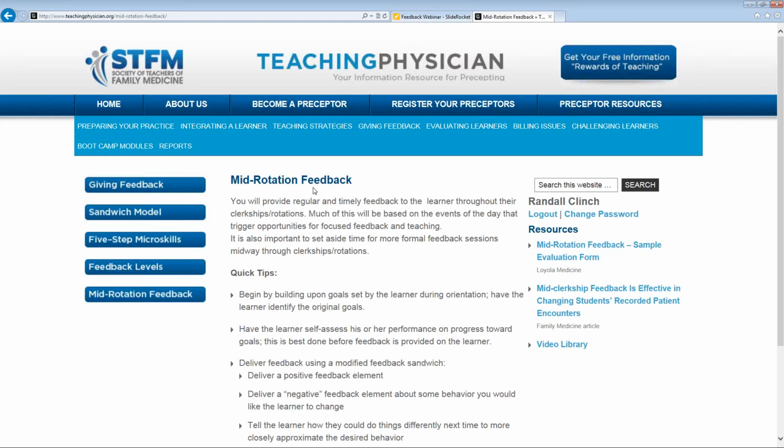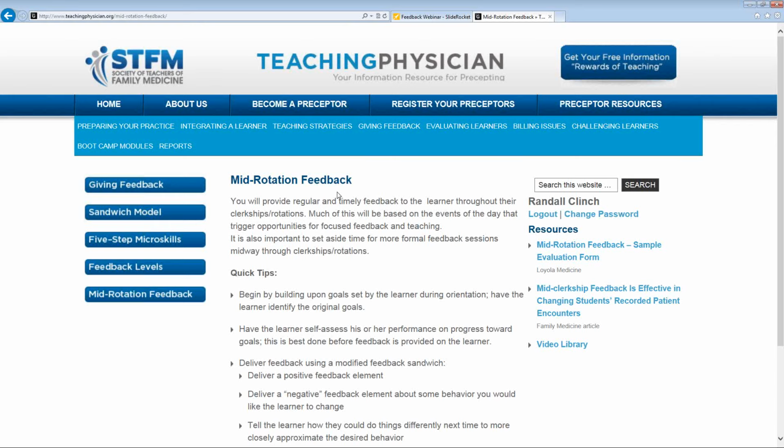It gets a little confusing because sometimes people use the term formative feedback and summative feedback. Formative feedback is your day in, day out feedback during the office visit or during rounds or during precepting with your residents. That's moving them ahead, helping them form the basis of their skills and their competencies. The summative feedback is the summation of their performance, and that's basically your evaluation. That's wrapping everything together at the end and giving them some sort of comparison to what you expected from the goals of the rotation or the goals of the institution. So you give them some sort of grade or score, and that's your summative feedback.